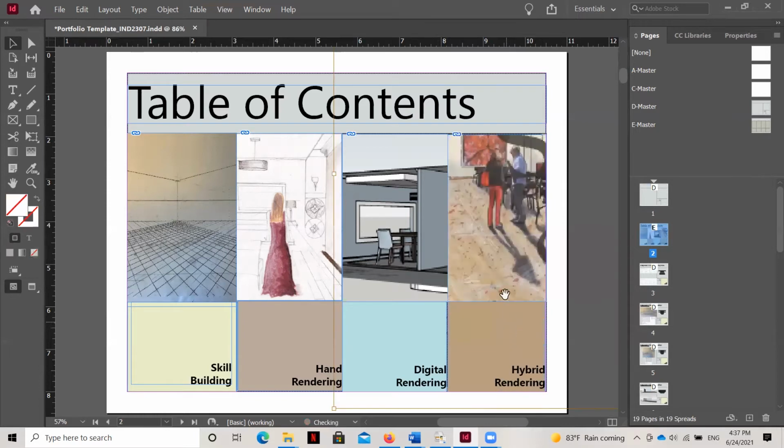Now, I've used those boxes that were on the master page as a guide to place all of the images and all of the colored boxes on this page. And to make sure that if I were going to create another page similar to this, not necessarily a table of contents, but if this portfolio got larger and I wanted to do a section that was just devoted to, for example, residential projects, and I had 4 of them, I might have the best